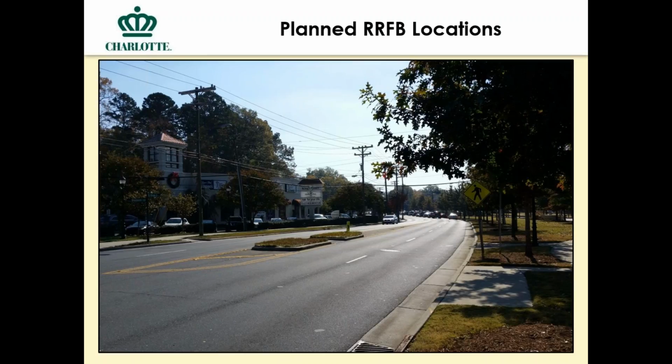We try to take that incremental approach just to see what's the most cost-effective way to help a pedestrian get across the road safely. Sometimes that refuge island is really all you need to give them the opportunity to judge gaps in only one direction at a time, get out to the refuge island, stage there, and then judge those gaps in the next direction